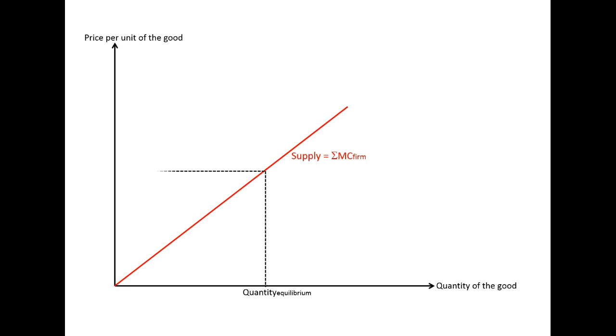If we look at this, we will see that, for instance, we have a quantity equilibrium. That unit here has a marginal cost that is equal to the price equilibrium. So all of the rest, prior to this one, have had a lower marginal cost. So if we sum